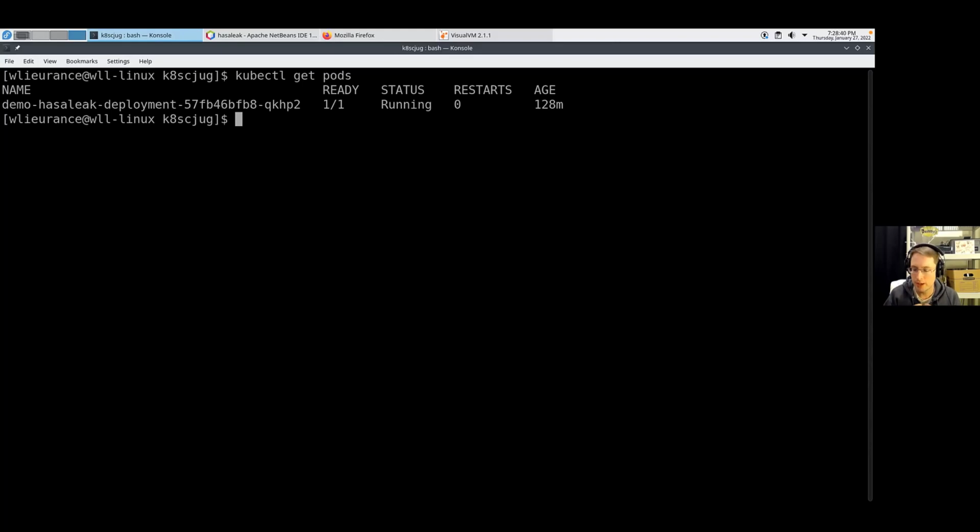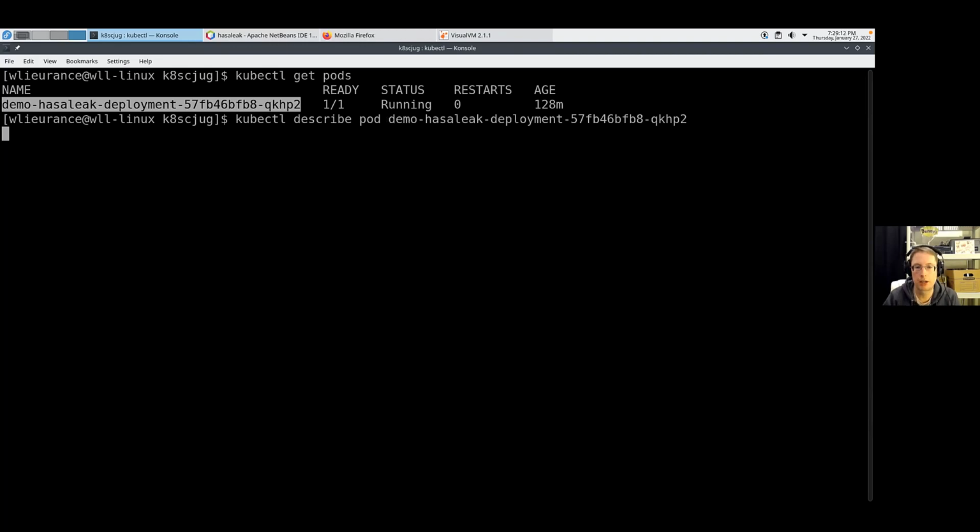to run right. In this example, I have this delightfully named has-a-leak application that is running. It's running a little web service, and that's the only thing it does. There's just one container that is running a Java web application that is based on Payara Micro. You'll see that here in a little bit, but this is the only container that is running. I can tell kubectl to describe this pod,